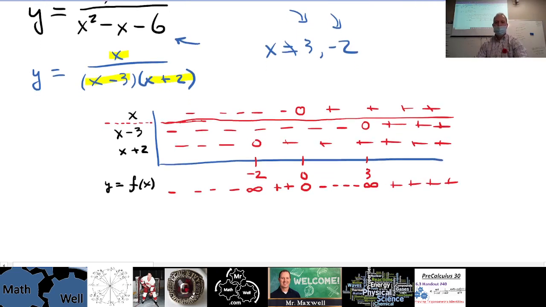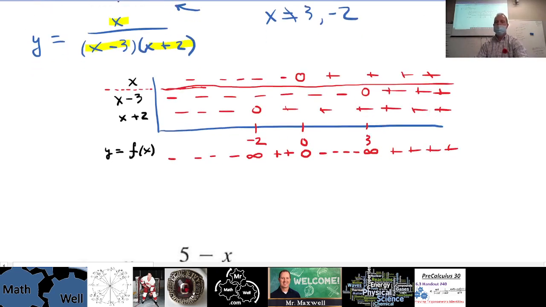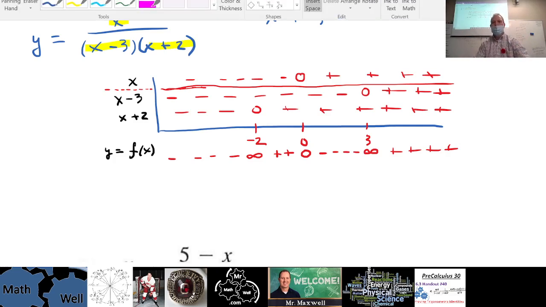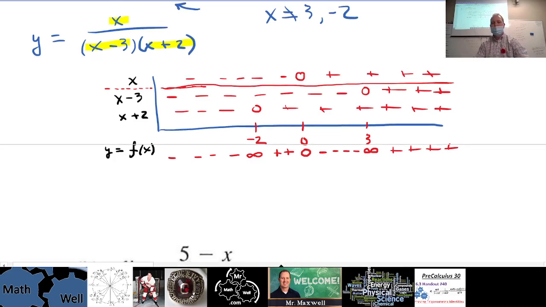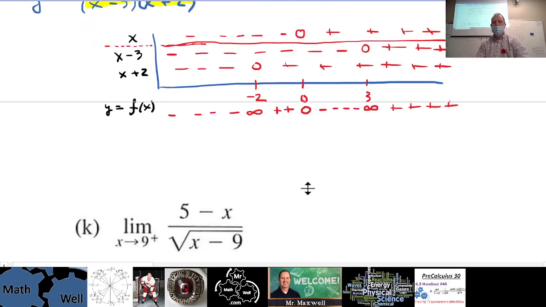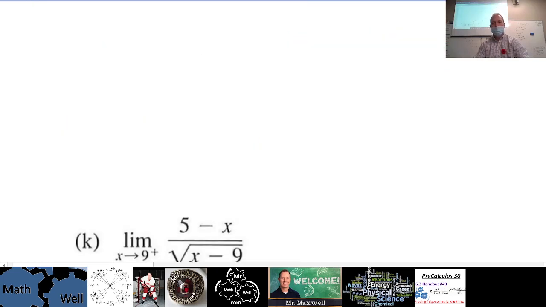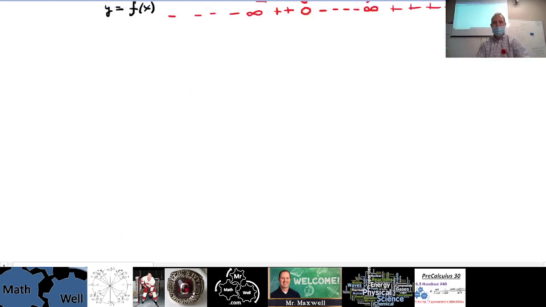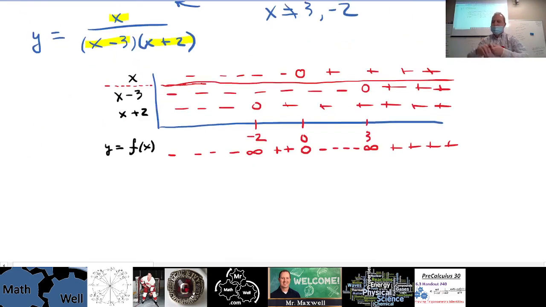So what does this tell us about the function? Well, it tells us where the function itself is positive and where it's negative. Positive means it's above the x-axis, and negative means it's below the x-axis. Okay, so that's what I can tell here. As I try and make some space, if I were to graph this, just a quick graph here,